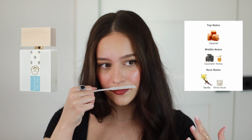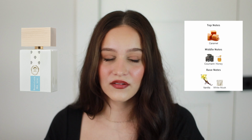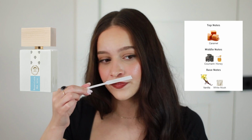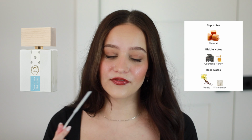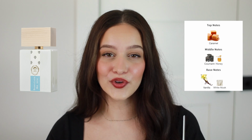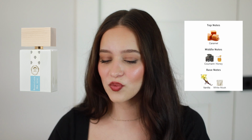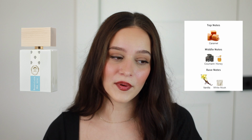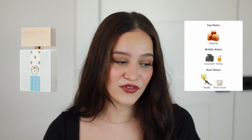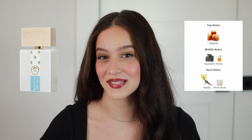Okay, so in the opening, it does have a sweet vanilla, kind of airy, fluffy, cake-like scent. And honestly, the first time I smelled this, the first perfume that came to my mind was the Billie Eilish perfume. I even got a little bit of the Kilian Princess one, but I do feel like it is a little bit more gourmand than the Princess perfume. But if I had to pick one thing to compare it to the most, I'd probably say the Eilish